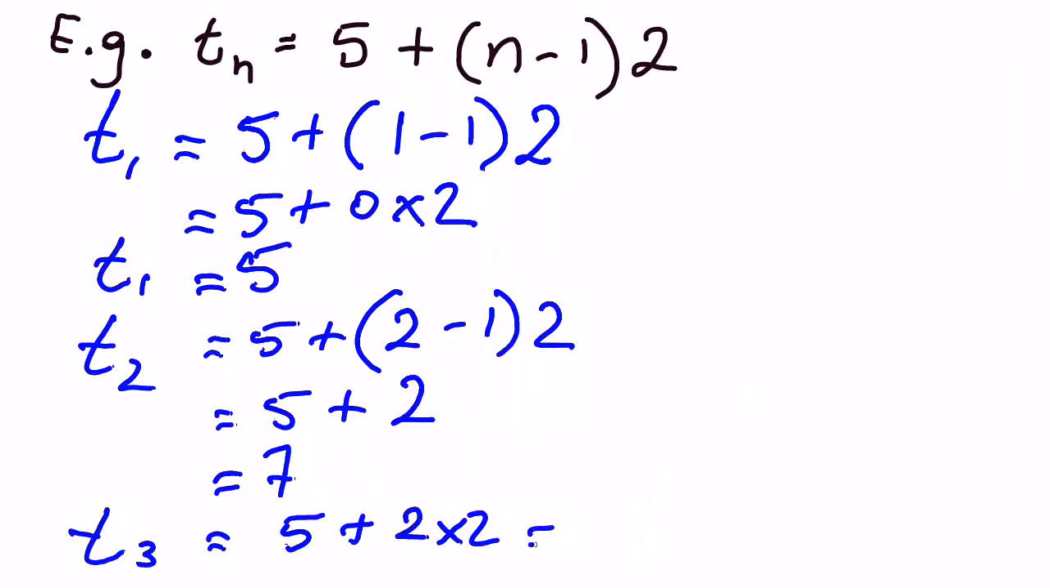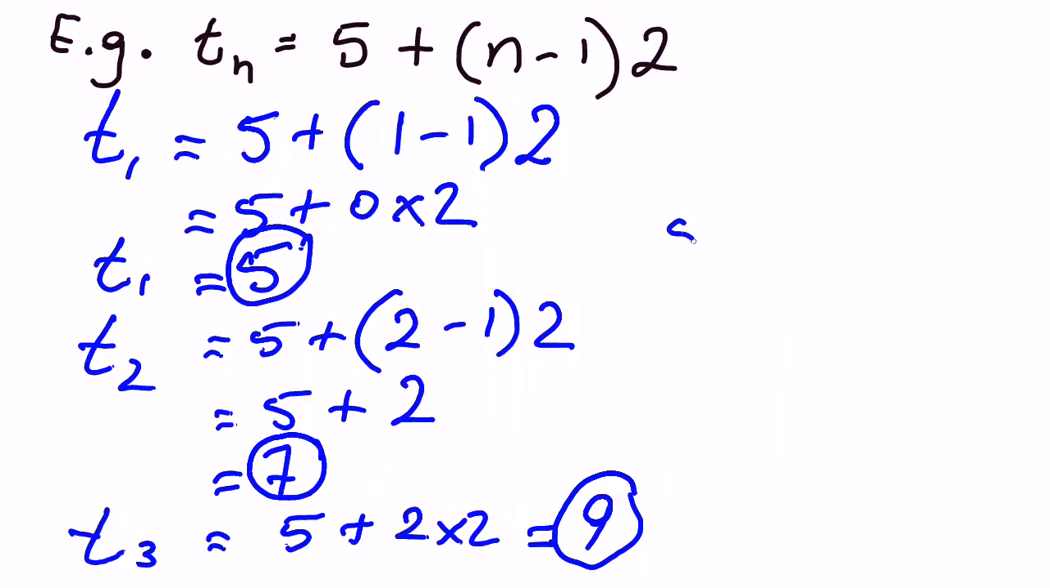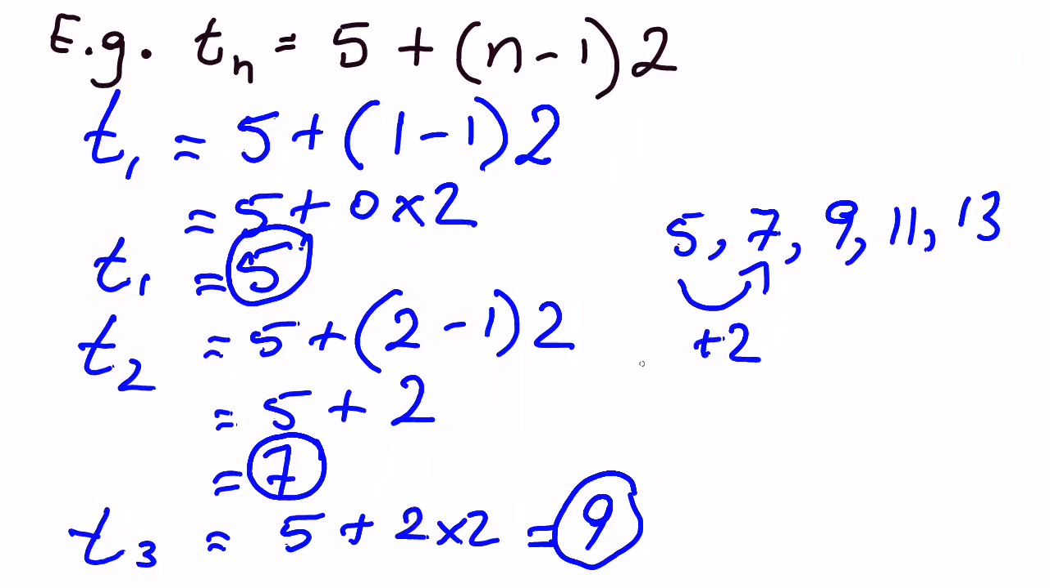5 plus 2 times 2 is 9. Now, if I start looking at it, I can see what I've got. 5, 7, 9. Here's my series, my sequence. What's going to be next? It's going to be 11, I reckon. And after that, it's going to be 13. Because, look, I'm adding 2 each time. And I expected that I'd be adding 2 each time because, look,